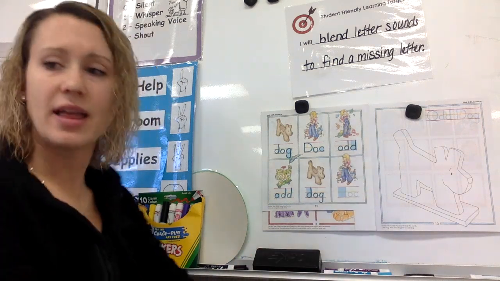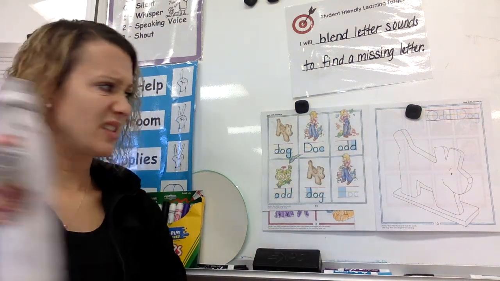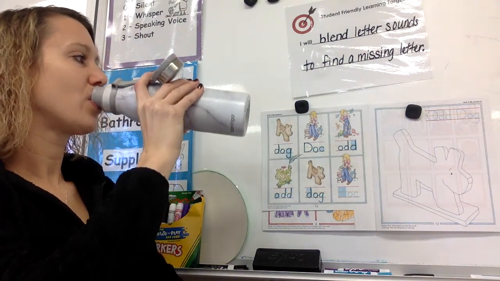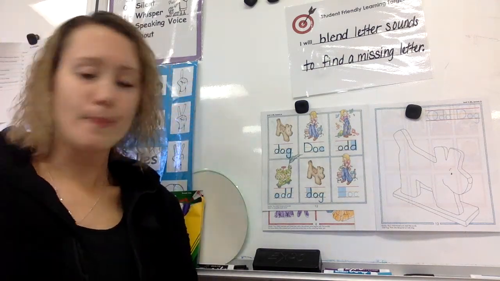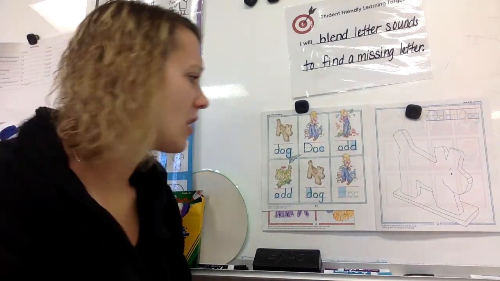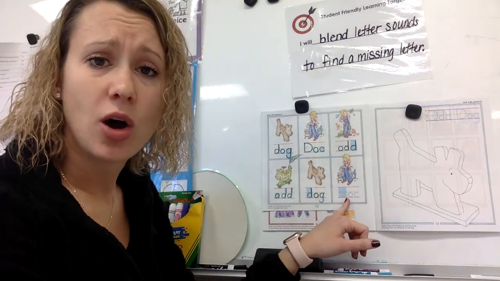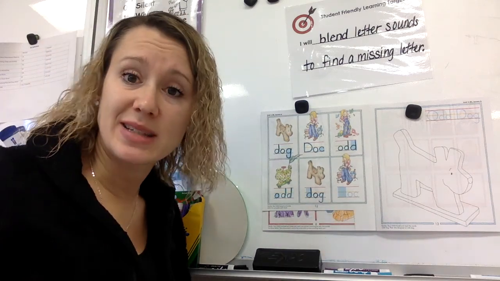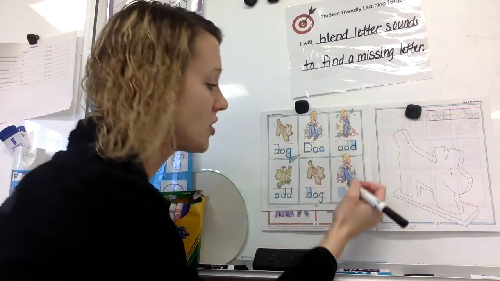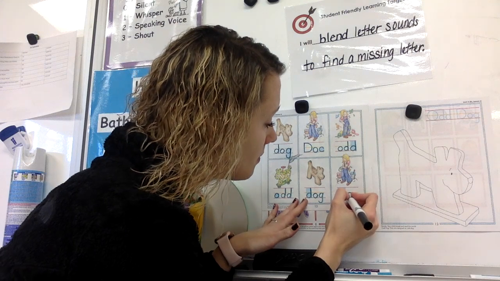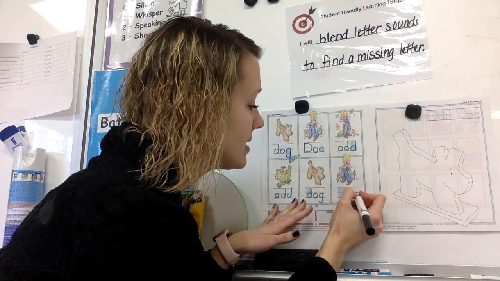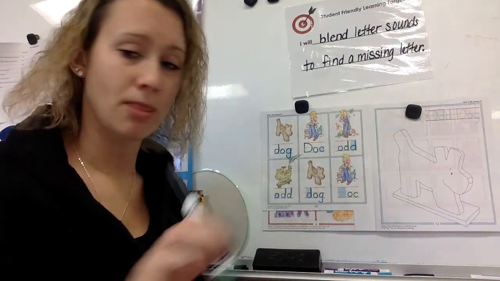All right, my loves. Who is that in the last picture? She's looking a little sad. Yeah, that's Doc. All right. My sweets, we need to trace the O and the C, and then we'll find out what letter's missing at the front. So take your pencil, trace the lowercase o, trace the lowercase c, park your pencil,